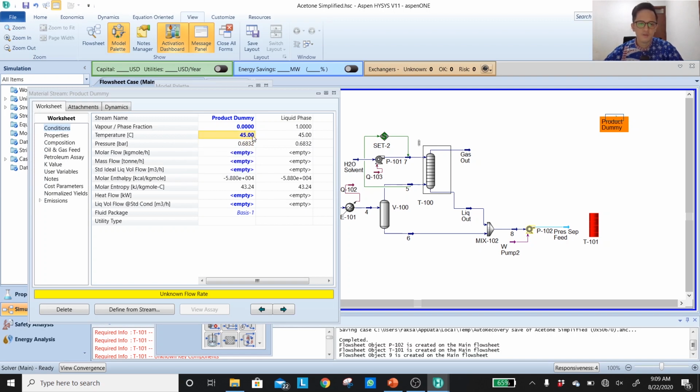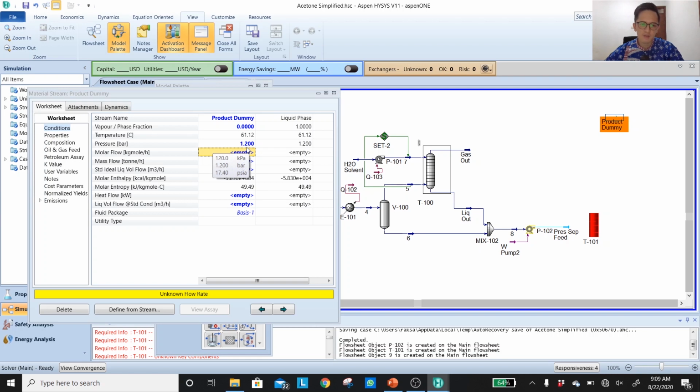Okay, I will not push the temperature to be at 45 degrees C. Now I want my pressure to be as mild as possible. That means it's slightly above atmospheric. It's still not vacuum, but it's not a high pressure. So let's say, what if I operate at 1.2 bar? The bubble temperature for this pressure will now be around 61.1 degrees C, and that is perfectly okay because that still can be condensed using a cooling medium. Even better, we have a higher driving force in the condenser now.